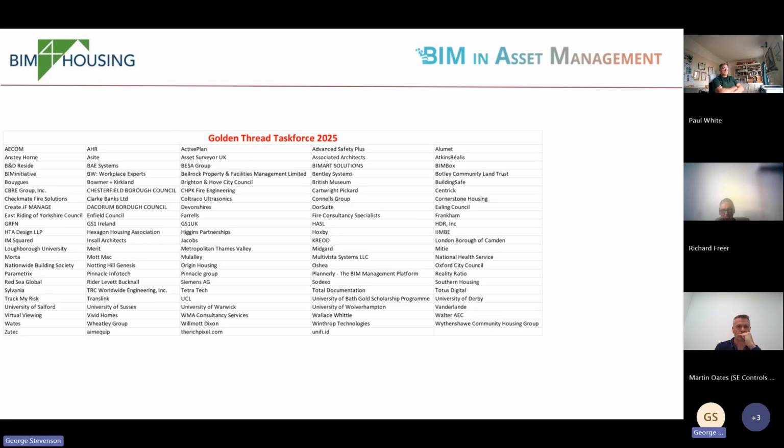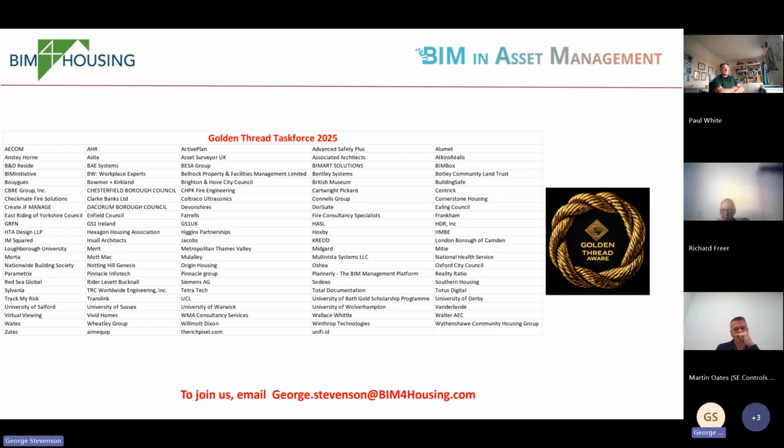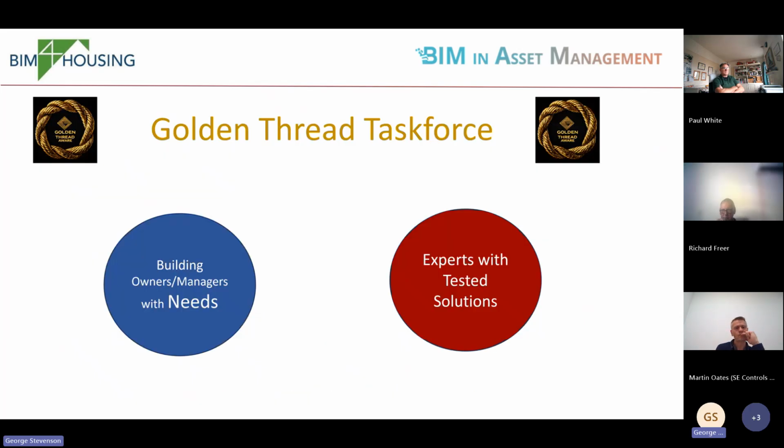organisations that are involved, and we've got a range of lots of different PVCBs on there as well as part of the task force. And what we're trying to do is work collaboratively to pull together, like SE Controls yourself, people in that community. And where we're going with it is to say, basically, we've got a marketplace. People have got skills, so experts